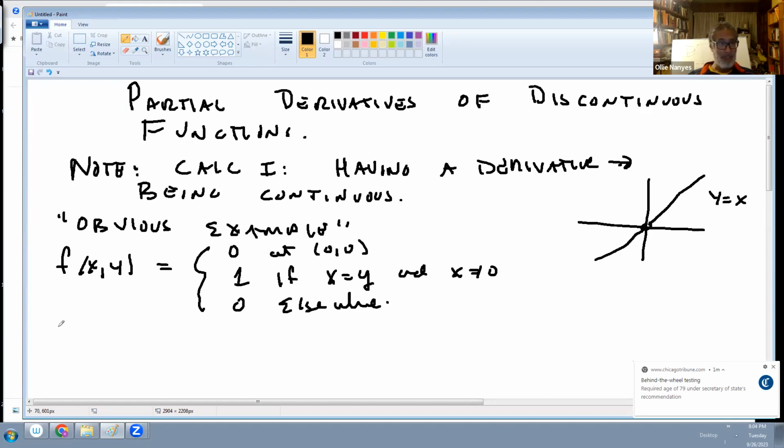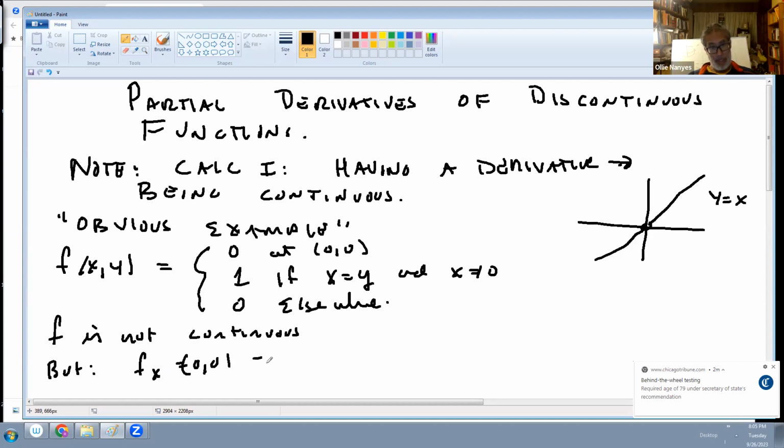Now, clearly, f is not continuous, because we've basically defined this in a really silly way. We jump to the value 1 along this one-dimensional line here. But if we look at the partial derivative and look at the limit definition at 0, 0, this